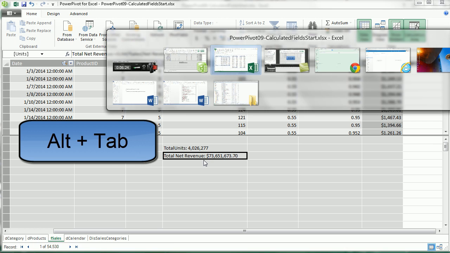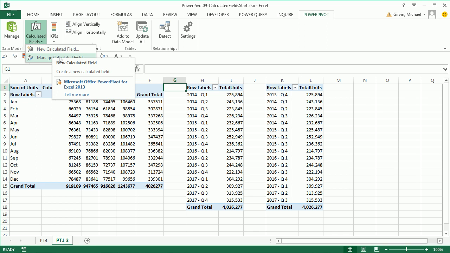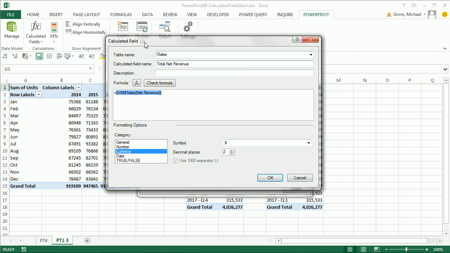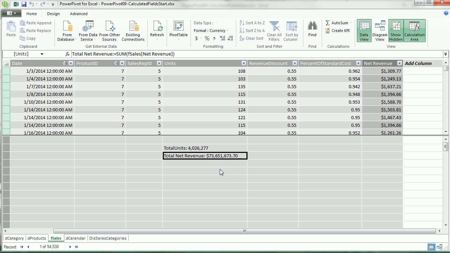We're going to go back over to our Excel window. And in the PowerPivot ribbon tab, calculated fields, we either create a new calculated field or manage. Manage opens up. We can see we have 2. If I click edit, I can see there's all the same information. I'm going to click OK. Close, Alt Tab. All right, so we have total net revenue. Now, again, we did this up here, and we simply summed it. That number formatting will follow us around, and we will definitely use this calculated field or measure in other calculated